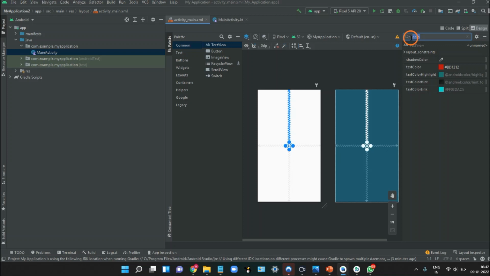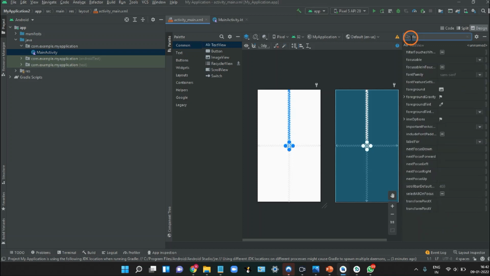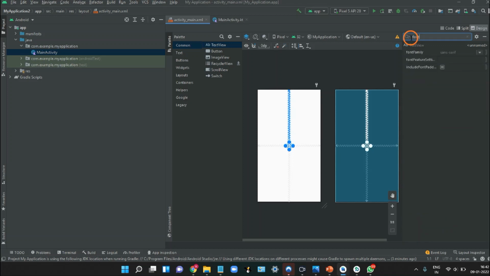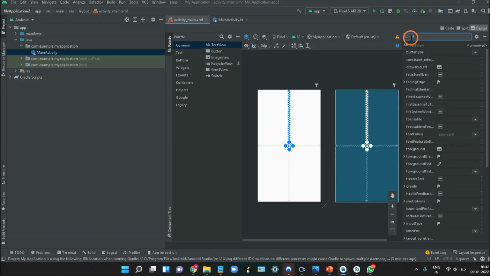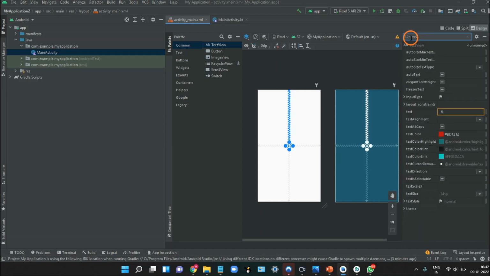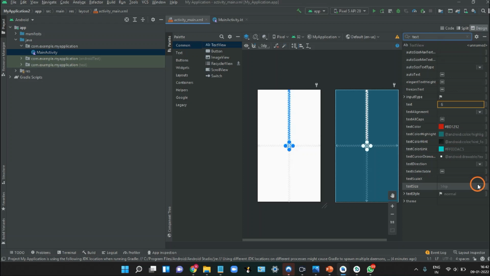Now see here, text size. From this you can change the size of our text. So let's make it a little bit bigger. Okay, I'll select 48 sp. See, you can see the changes.